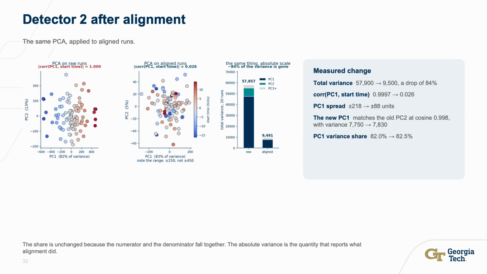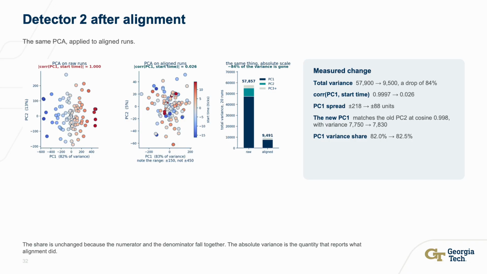The reason the ratio does not move is that the numerator and denominator both collapse together. 84% of absolute variance in this data set disappeared, and the ratio cannot show you that. The last row of the card makes the mechanism explicit. The first of the new components is the old second component and essentially untouched. Cosine similarity 0.998, and its absolute variance barely changes,